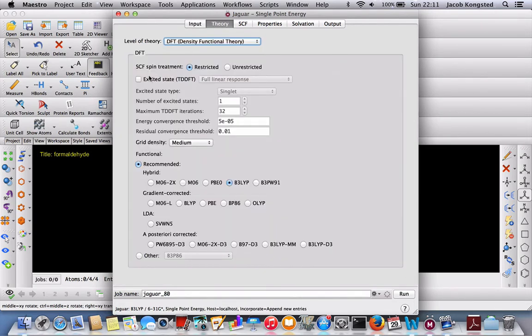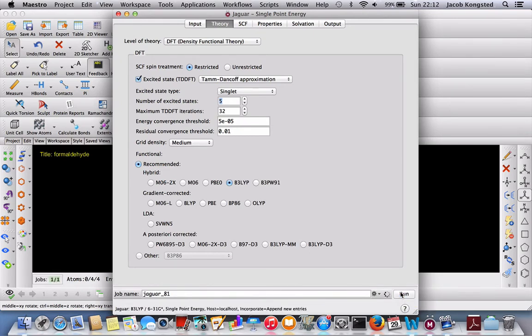Here I choose excited states. I choose the Tamm-Dancoff approximation, which is roughly equivalent to CIS. And then I need to indicate the number of excited states I want to calculate. Let's just say that in this case I want to do 5 excited state calculations. So I press run.